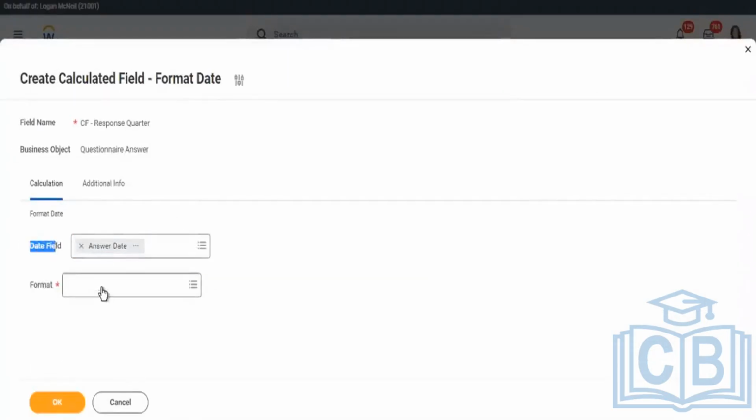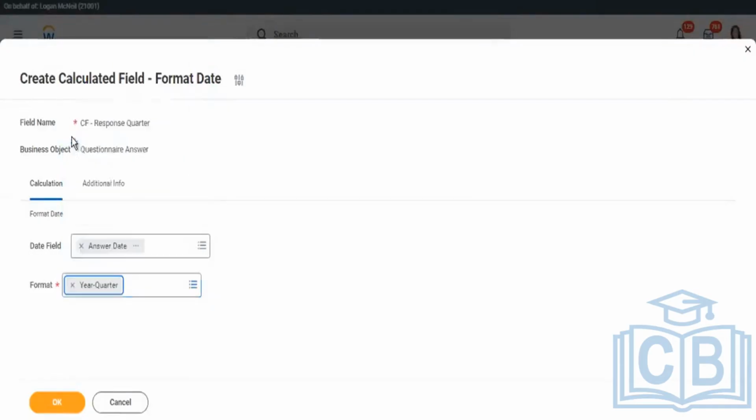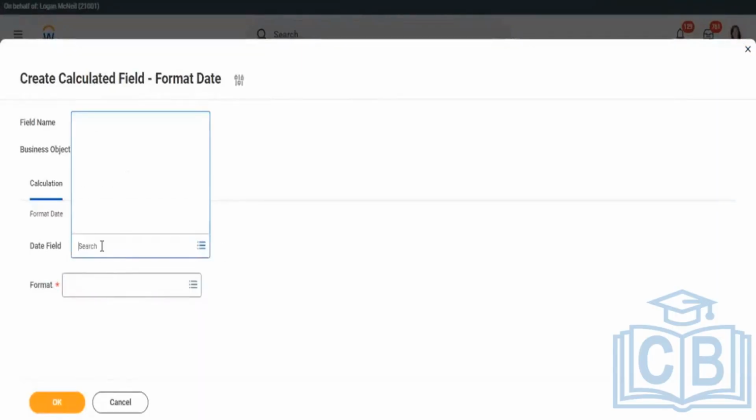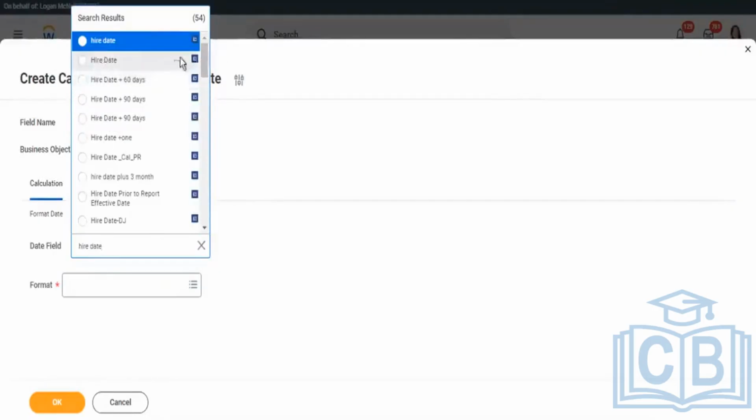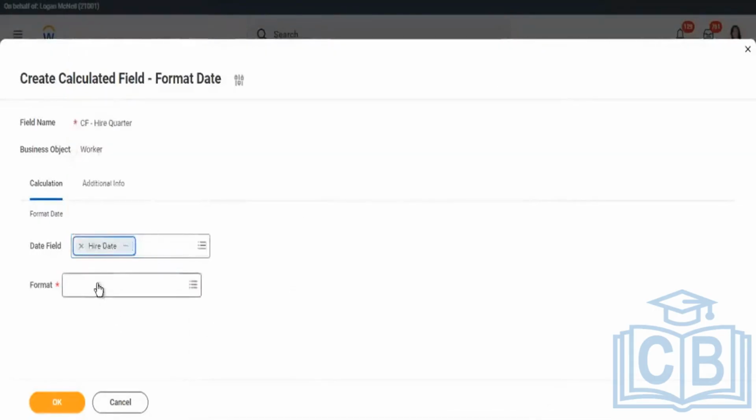You take the date field that you want to group and then you come to format. And basically the format that you want is you want to group your data for each quarter, or in this example take year and quarter. Basically, I want to group workers based on when they were hired, again in a quarter. If I'm hired on 1st of Jan and someone else is hired on, let's say, 30th of March, they're both hired in quarter 1. I'll come in here and again, instead of just taking,